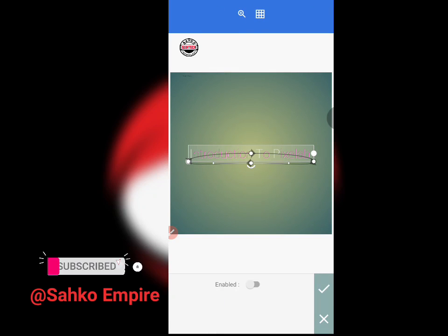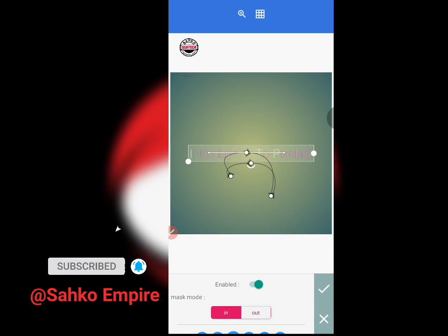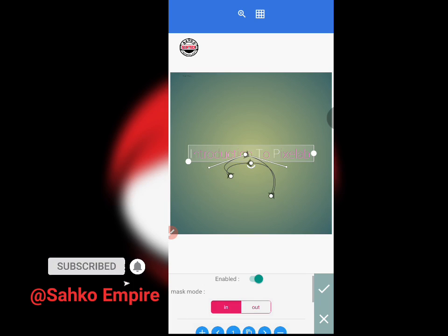Mask is, let me say, if you want to remove some part from it. You see, the downward part is if you want to remove the whole of this. If I want to do anything to it, you see, that is basically the mask. You can do it in or out. The out will only leave those inside. For the in, those inside will go. That is basically the mask.